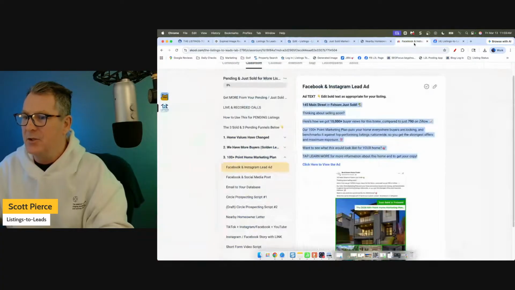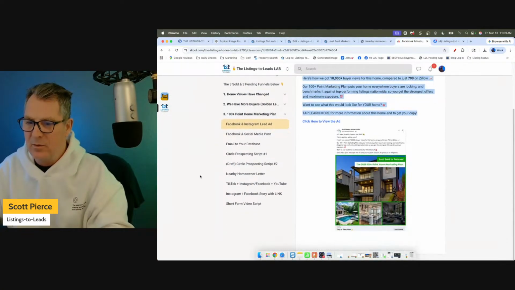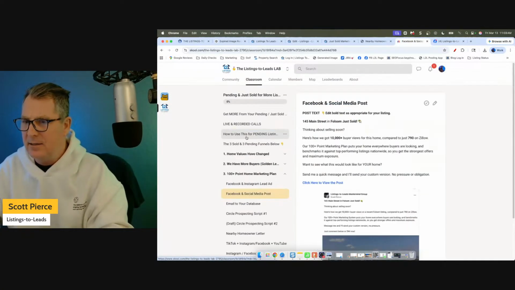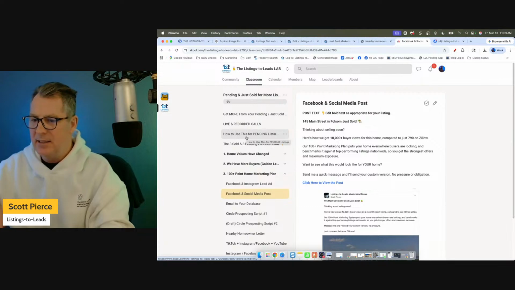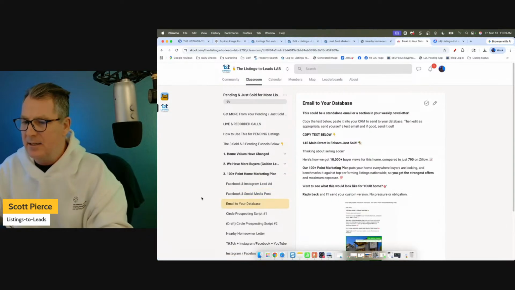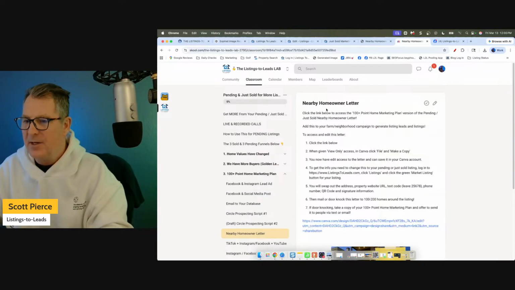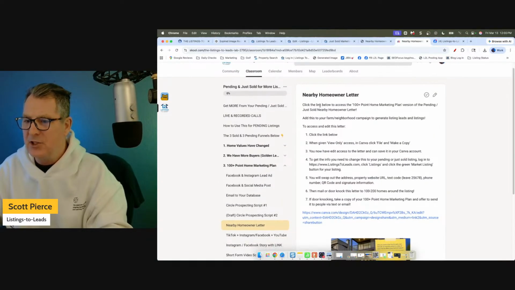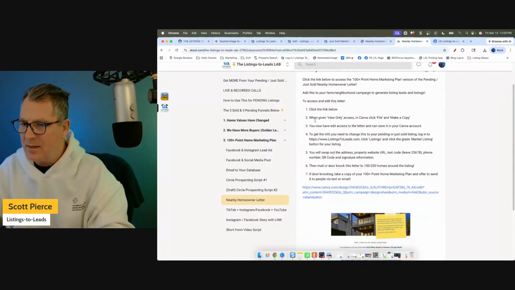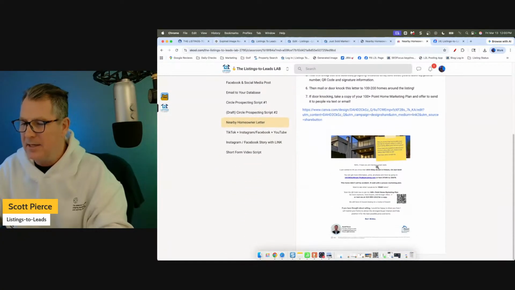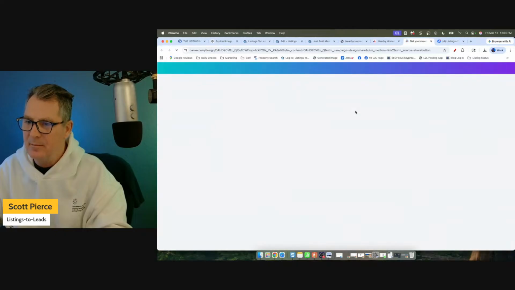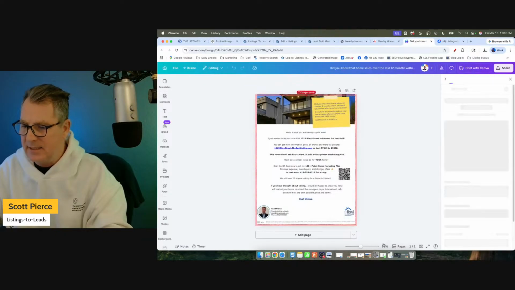And back in the school, we've pretty much got everything same as that market listing. We pretty much got everything here, giving you the language to use, and just, again, copy paste for the nearby homeowner letter, for example, for this version. Here's the letter, and it's in Canva. You can request access,